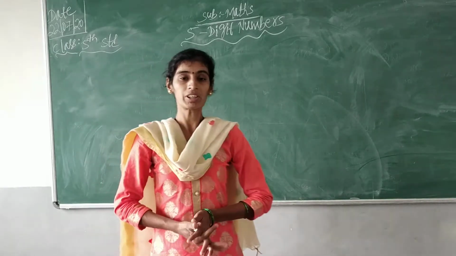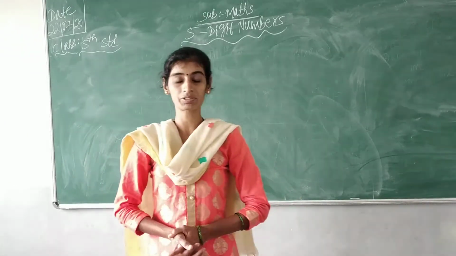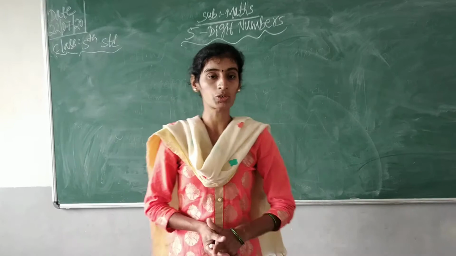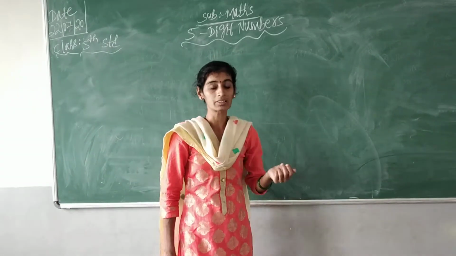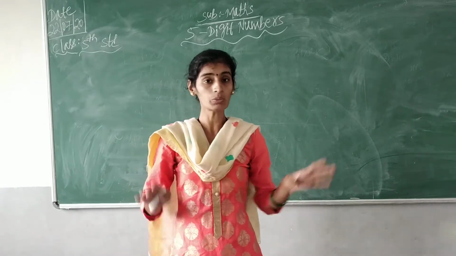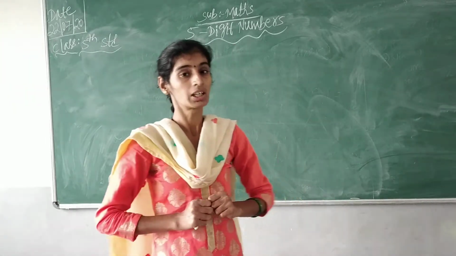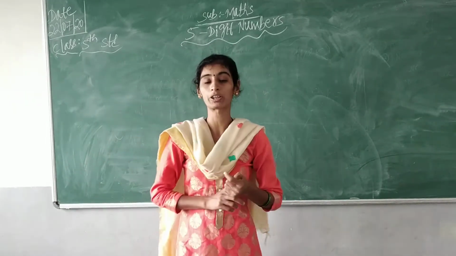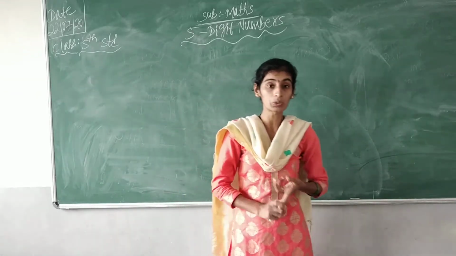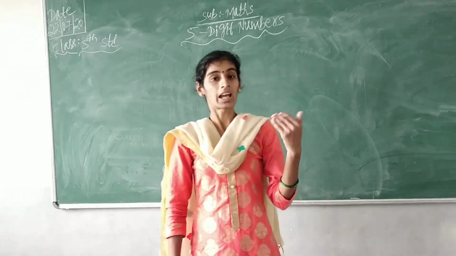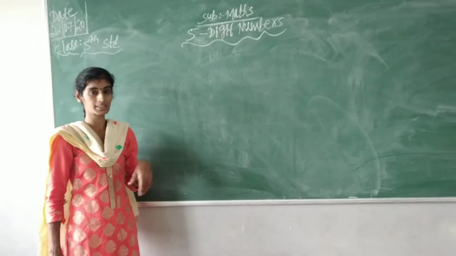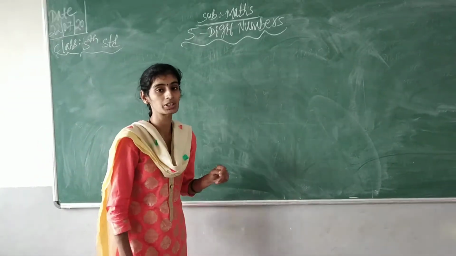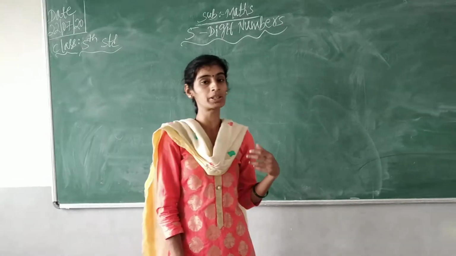So, in our previous classes, we have started our syllabus and our topic was 5-digit numbers. Yes, no, children? In that, we have discussed till now about 4-digit numbers, like the expanded form of 4-digit numbers, how to read and write 4-digit numbers, and in our last class we have discussed ascending and descending order. Do you remember, children, what all these mean?